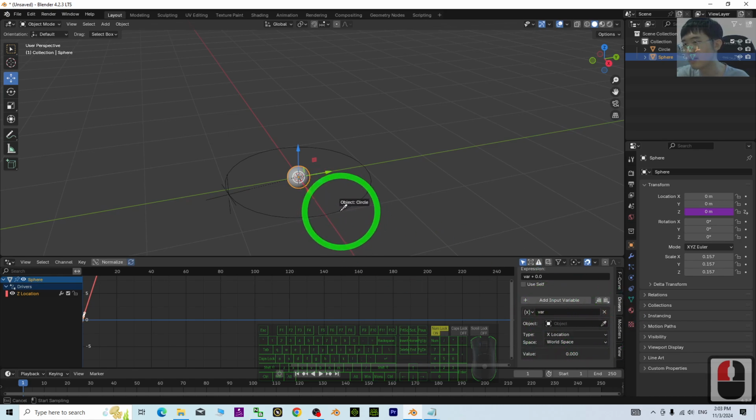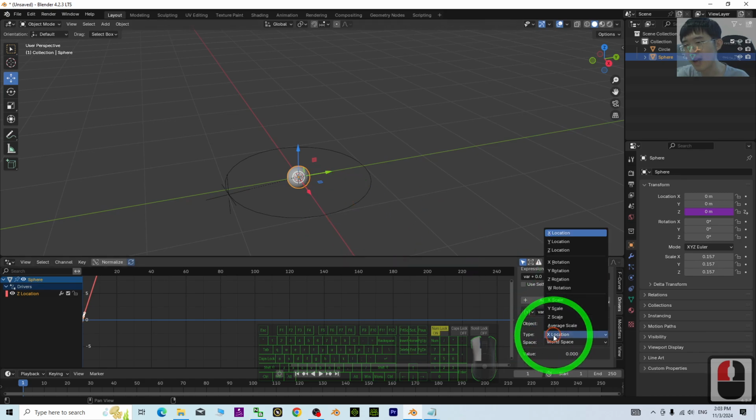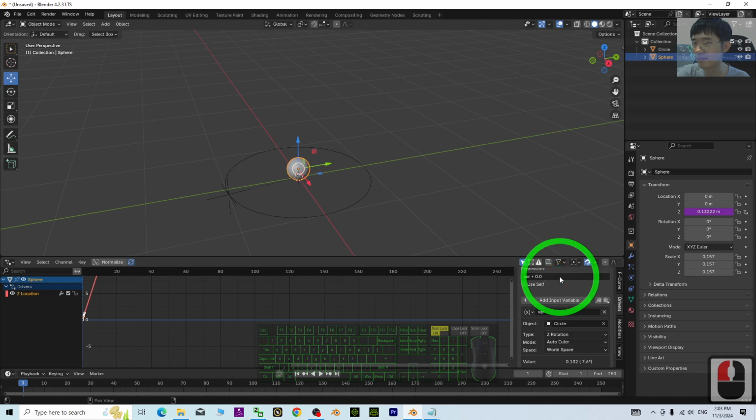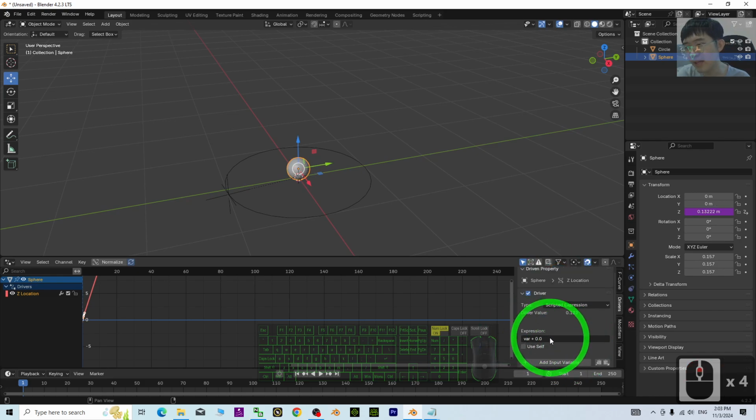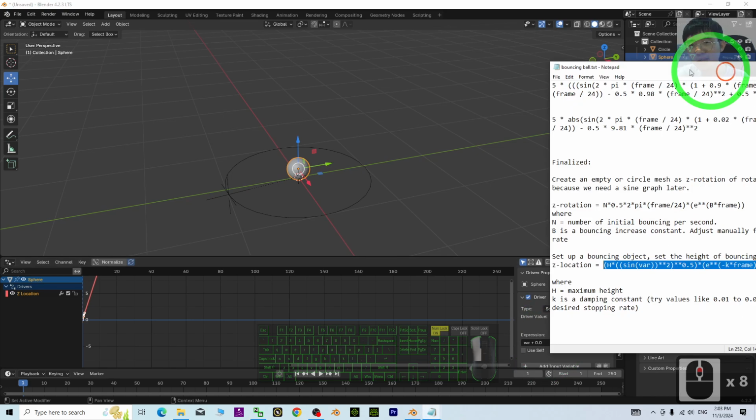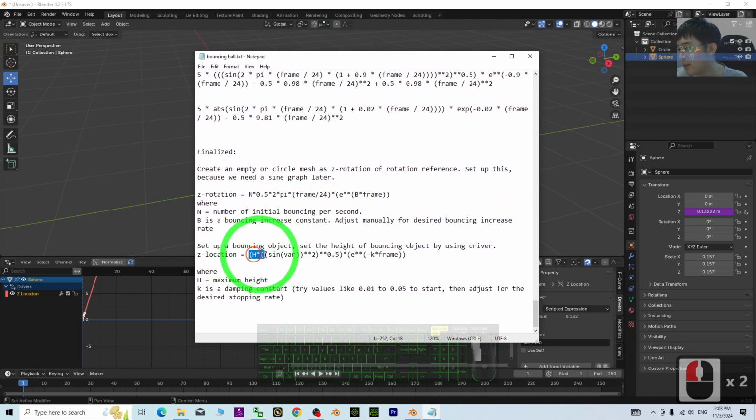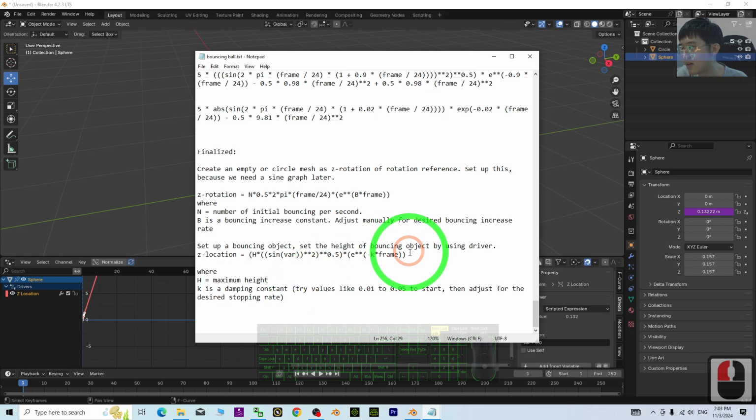Just choose the circle. Then the type will be Z rotation. Next are the expressions. The expressions, we are going to follow this. H is the maximum height, and K is the damping constant. So now I copy this